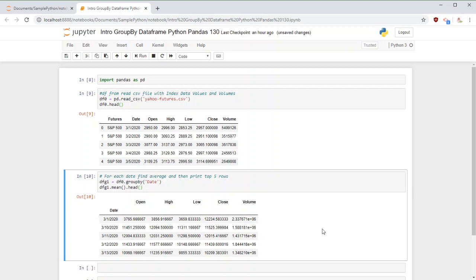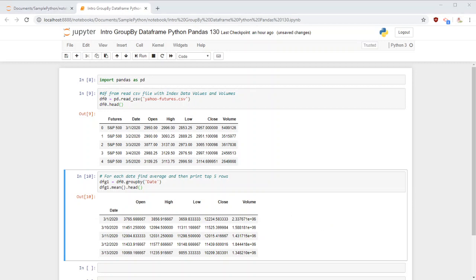When I do it like this, what it's doing here is first it's taking all the records for March 1st, and then it goes ahead and finds the average of all the values and shows the top 5. Why would anyone want to do that? Let's say there are 3 indexes and I don't want to see all those 3 every time. So I want to create my own index, which is a simple average of these 3. And whenever I look at it, I get to know if the market is going high or low. So that's pretty neat, that you can have your own index made out of these 3 indexes.